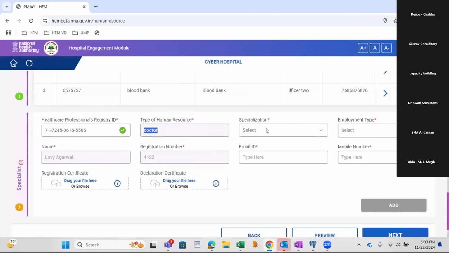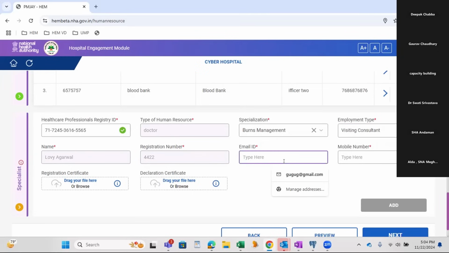I will enter the remaining fields which are mandatory. Like this specialization section gives all the specialty. I will select burns management. Enrollment type, if you see, has visiting and full-time consultant. If a doctor is a visiting consultant, then he can enroll in multiple hospitals and can have multiple hospital visits. But if we select a full-time consultant, then he may not be able to visit other hospitals as he is working full-time in one of the hospitals. So for the time being, I'm selecting visiting consultant.